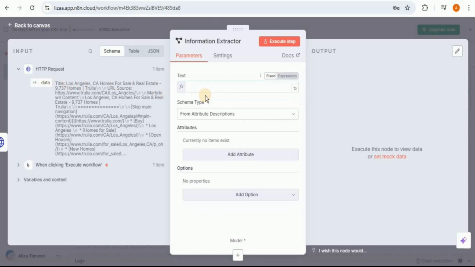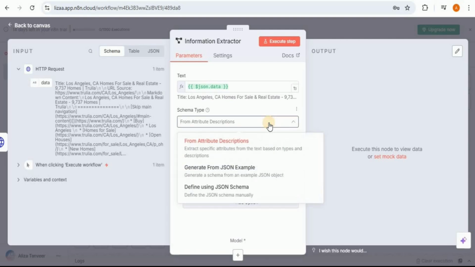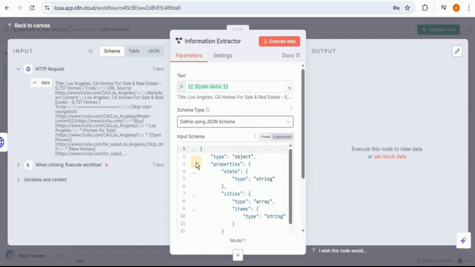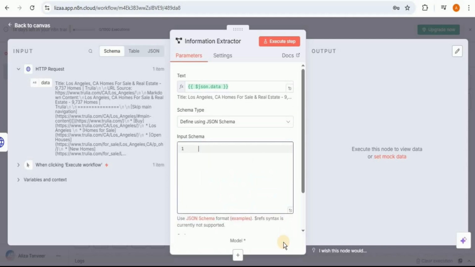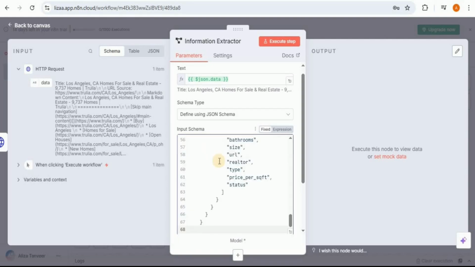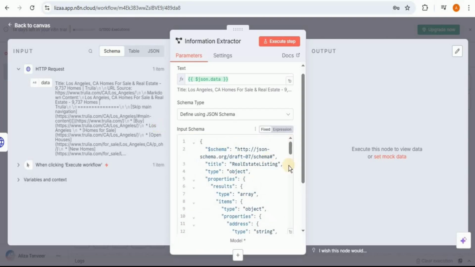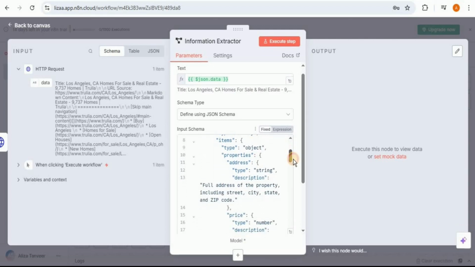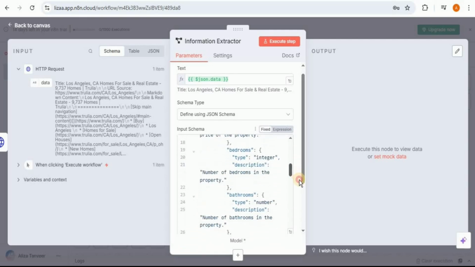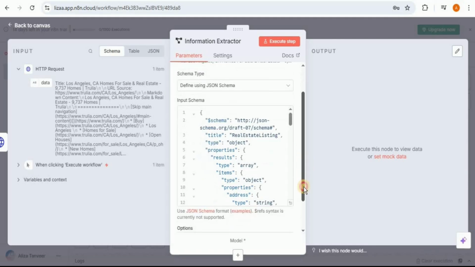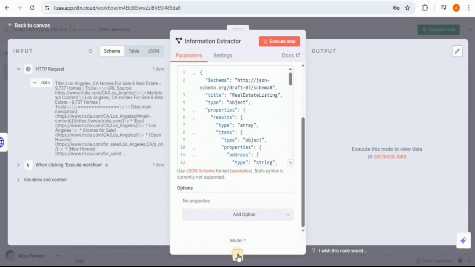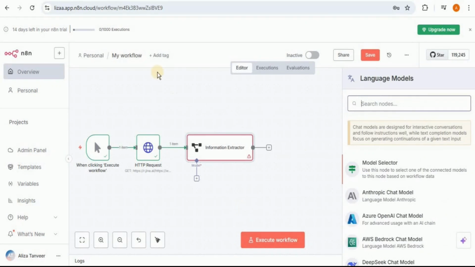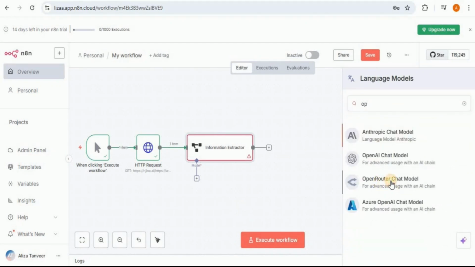So let's go ahead and drag and drop it right here. And then for the schema type, you have to select define using the schema. I'm going to remove all of this because I want to provide my own JSON. As I've already shown you the fields present inside the Google Sheet which we want to extract, on the basis of that, I've created this schema for the text. It is going to contain the type, title, properties we have for the complete address, the price, the number of bedrooms, etc. And if you scroll down a bit further, from here, I'm going to go ahead and add a model. The model is going to be an OpenRouter chat model. So I'm going to go ahead and add it.